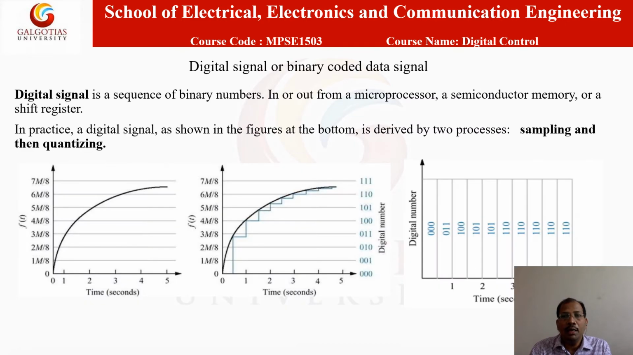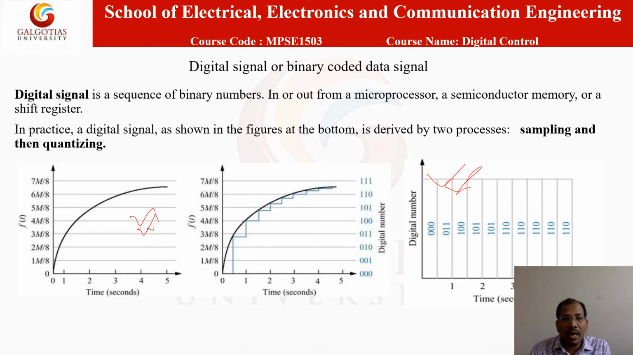Now come to the digital signal and binary coded data signal. You know that a digital signal is a sequence of binary numbers. In our microprocessor and memory based devices, shift registers, they operate using this binary form. In practice, this is the continuous signal. When we apply the sampler, the sampler gives the output in the form of a discrete time signal, then we have to apply the